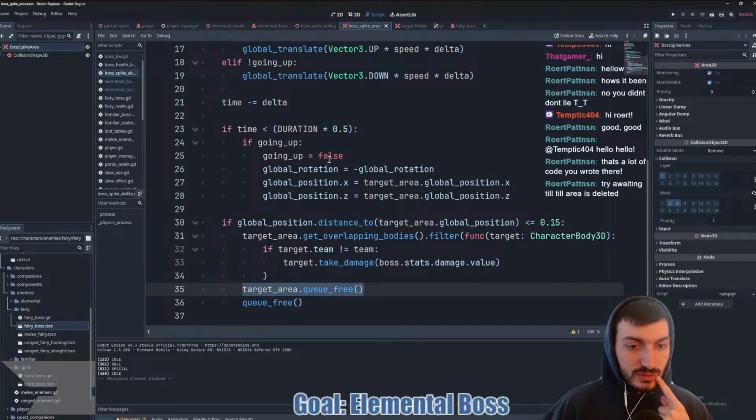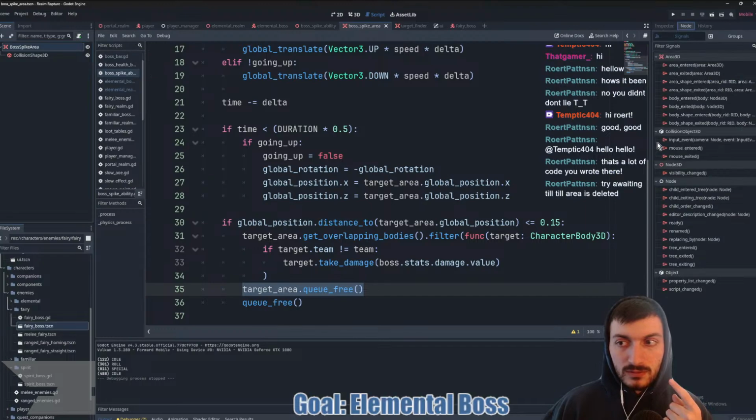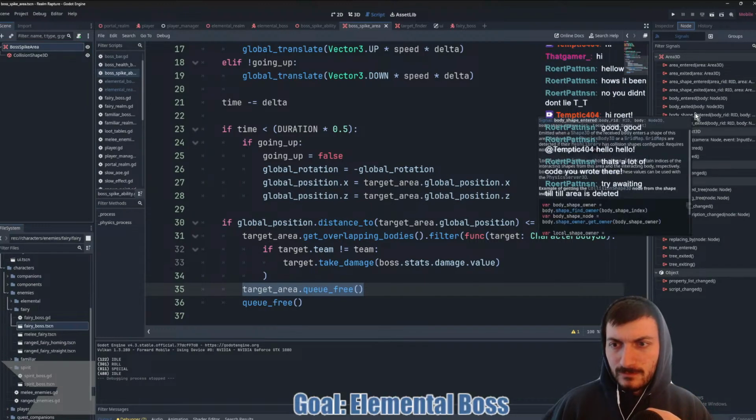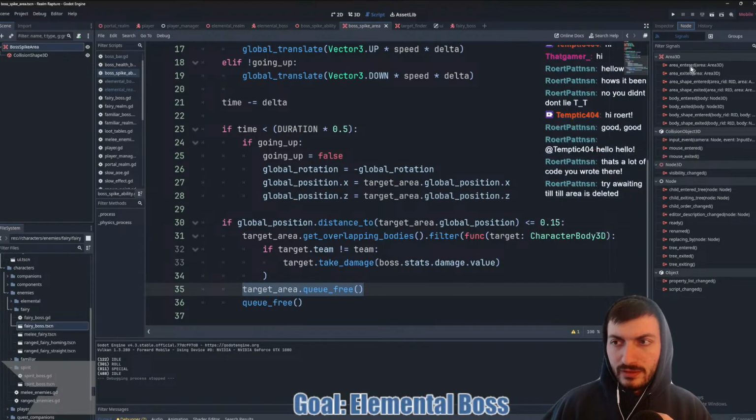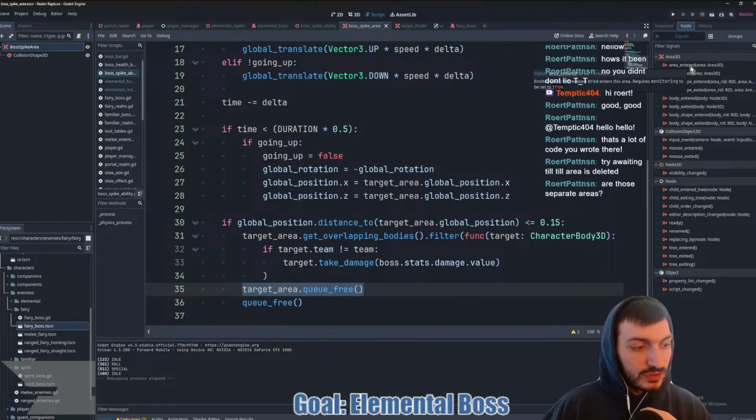What we can do is add a script to the spike area and then say on... I wonder if it's body shape. No, it's a physics body. On area entered. Maybe on area entered and we filter by, yeah, they're all separate areas.